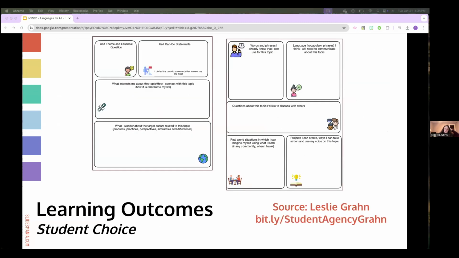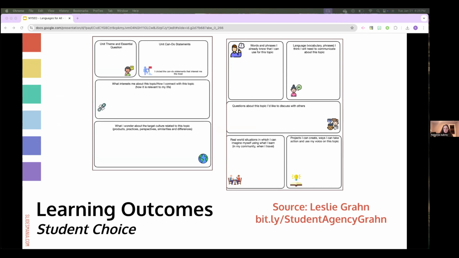One of the other critical elements of UDL that we should consider at this stage one is the ways that we can provide students with choice. And we can do that right with the learning outcomes. I'm sharing with you here a folder that Leslie Gran shared at NECTFL. And one of the things that she has in that folder is a